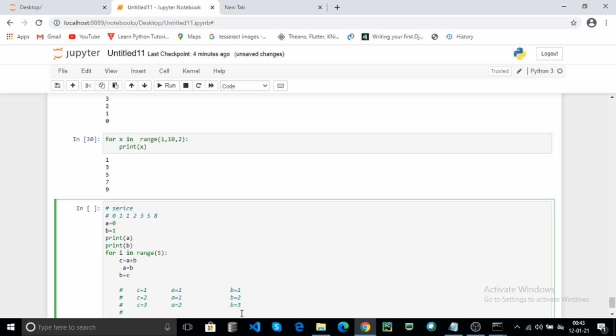Next time C equal to A plus B. A equal to 2 and B equal to 3. Now C equal to 5. Now A equal to the B value, B contains 3, and B equal to the C value. C contains 5, and so on.